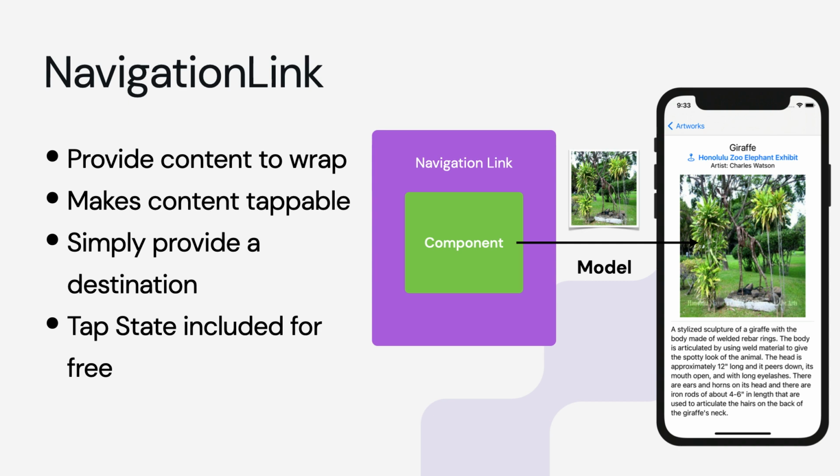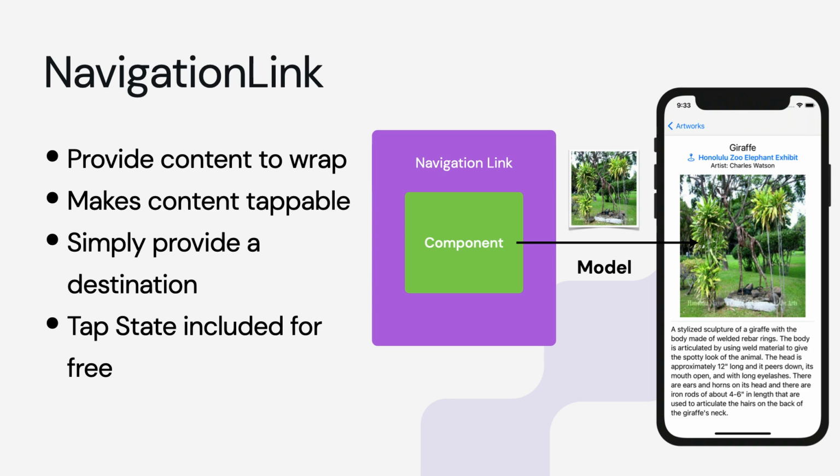This wraps a view into a tappable form that will transition you away to another view that you specify in the navigation link initializer. This also makes it easy to pass along any required data models for that view. It does this by pushing the view onto the navigation stack, allowing users to swipe or tap the back button to dismiss it. In this episode, you're going to add a navigation view and navigation links to a little starter